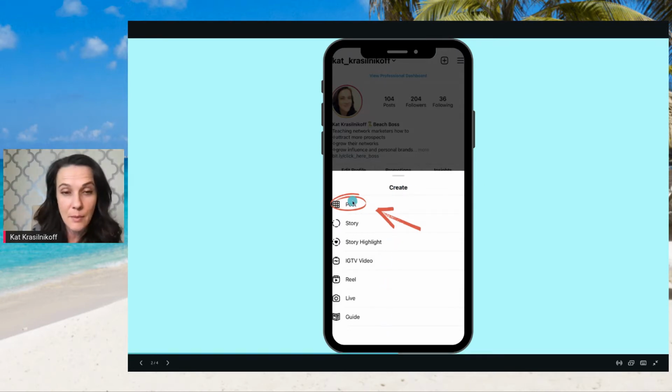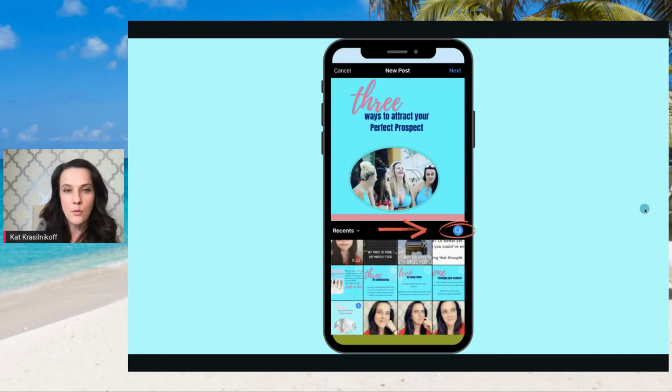So it's going to be the first option, a post. So you're going to click on create a post, and it's going to automatically pull up your recent videos and pictures on your phone, if you, of course, give permission to Instagram to access your camera roll or your pictures file. And there will be an almost unnoticeable multi-picture sign right there that you